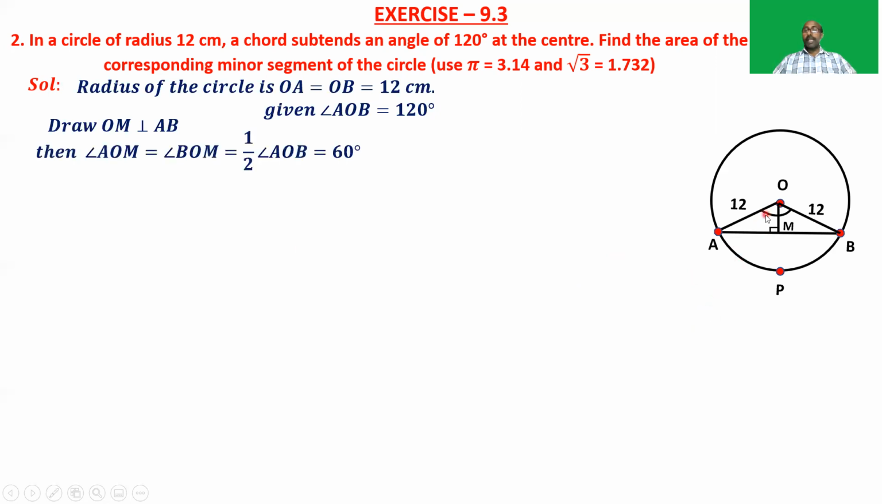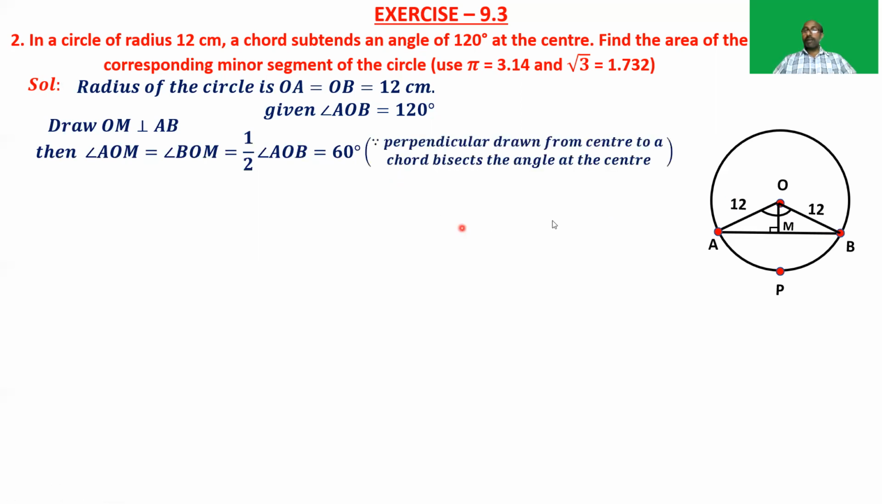Now, angle AOM is equal to angle BOM is equal to half the angle AOB. That is, as angle AOB is 120 degrees, then angle AOM is equal to angle BOM is equal to 60 degrees, because perpendicular drawn from center to a chord bisects the angle at the center. So as OM is perpendicular to AB, then OM bisects the angle at O. That is, angle AOM is equal to angle BOM. Both are equal to half the angle AOB, which is equal to 60 degrees. Okay. Now, in this right triangle OMA,